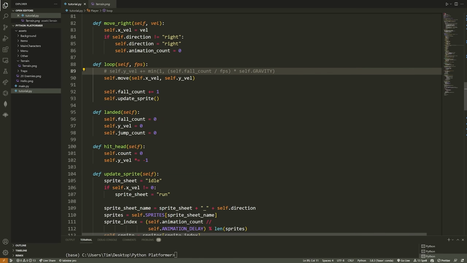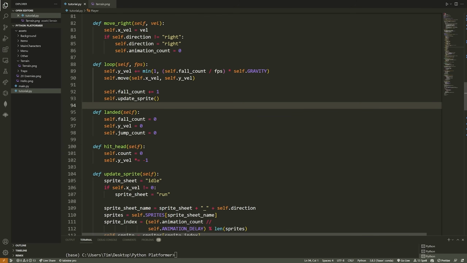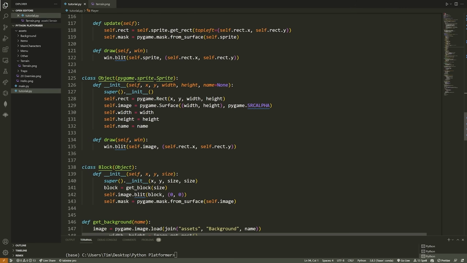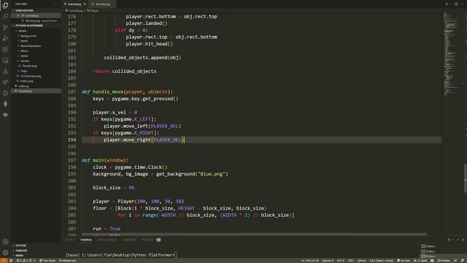Now we can add our gravity back. And when we add our gravity back, what's going to happen is we'll fall, we'll hit the block, it'll move us to the top of the block, and then we should just be able to move on top of the block. Let's see if that's going to work though. Although it's not going to work if we don't add the function call. So let's add the function call here